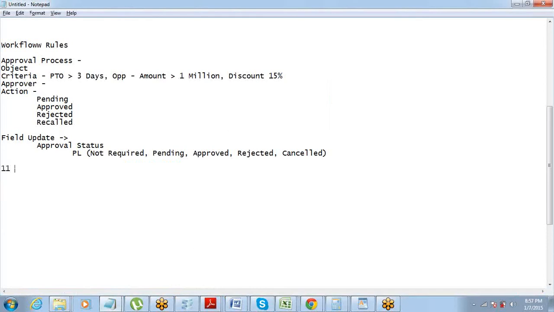Okay, so end date minus start date. Where is the start date? My condition is end date minus start date greater than 2. Check.